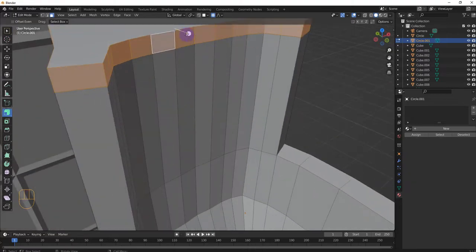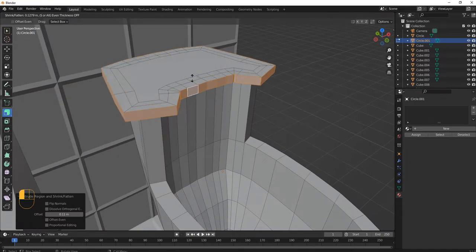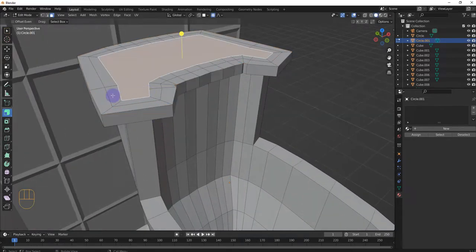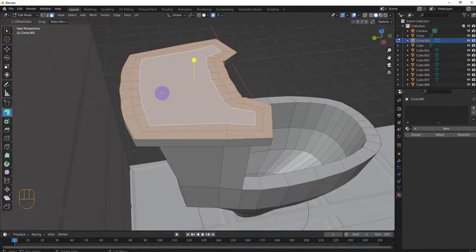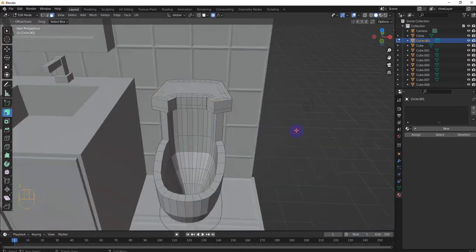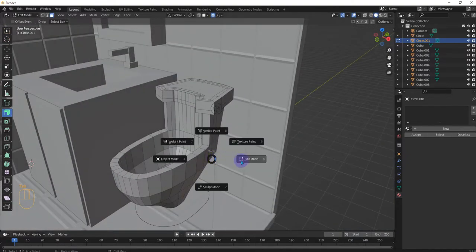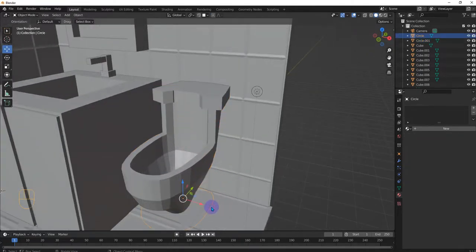All right, and then here, and then we're just gonna select all the faces up here. Okay, make sure nothing else is accidentally selected, and E up. Nice. Okay, there we have it. Let's go back to object mode. I think here it is. This is going to be the toilet